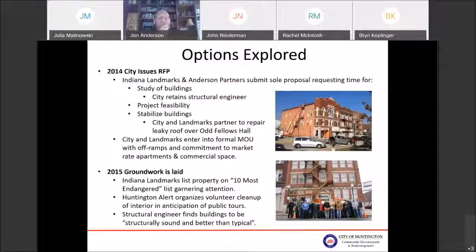Indiana Landmarks, which is our statewide preservation organization, and Anderson Partners submit us the sole proposal that requests a little bit of additional time, because we did put some tight time frames on this to keep it moving along. They request additional time to study the buildings, and so the city, as part of our chip in for that, we retained a structural engineer to provide an evaluation of the set of buildings itself. John needed some time to go through some potential project feasibility, line up maybe what resources were out there to